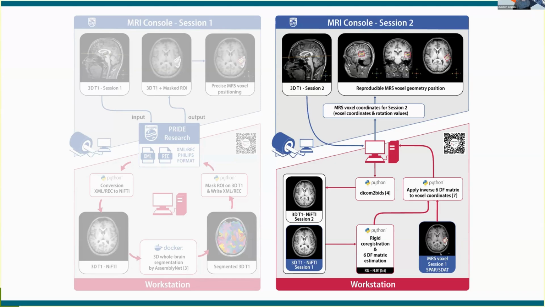And we still have the spectroscopy acquisition from session one, which contains all the geometrical information that was used on that day. And so we can just convert that geometrical information, which is in the patient space of session one, to the space of session two using the matrices that we just computed. We obtain a set on Philips. It's just 6 numbers, so you've got the translations on the three axes and 3 rotations, and that allows us,